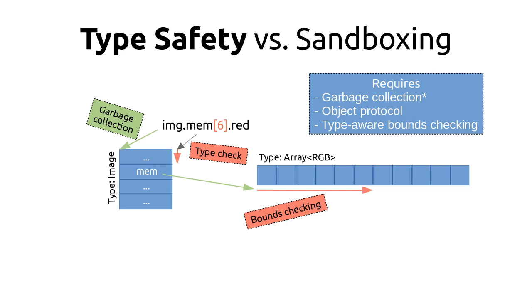Java uses this, Python uses this, a lot of languages use this, but they make a lot of assumptions on the system. For instance, they often require garbage collection. There are some systems that are moving away from this. They often require a defined object protocol, which essentially means that you understand the layout of your structures and the types therein. And they require type-aware bounds checking. This requires a lot of type awareness that does not allow generic code outside of the intended language to run